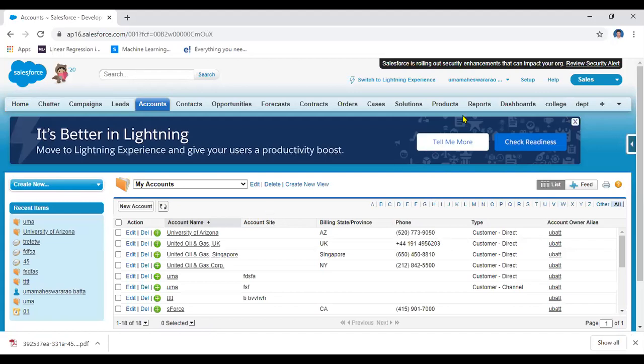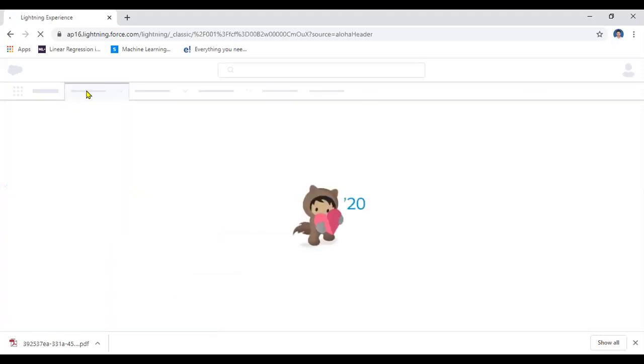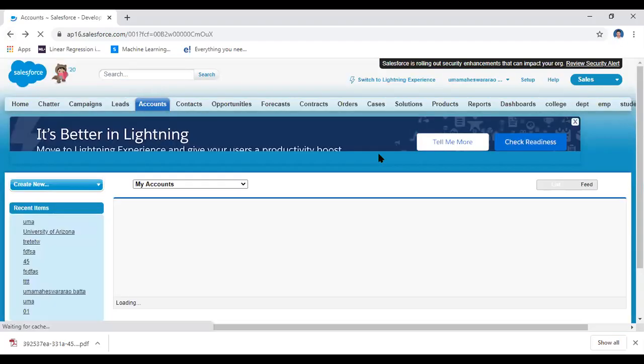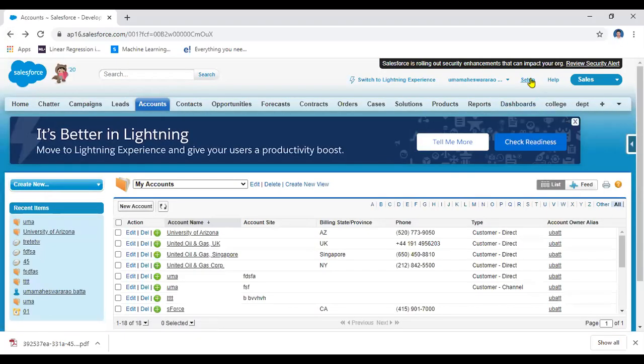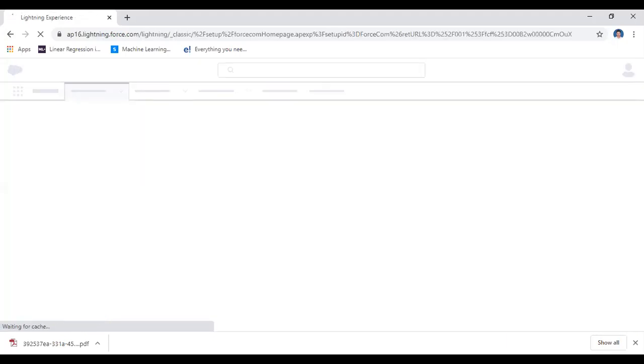For creating the Visual Force page, I already explained the concept. You can create a Visual Force page in four ways. One is by using the developer console. Another is by using setup: go to setup, and from the setup you will write some code. For example, go to setup.